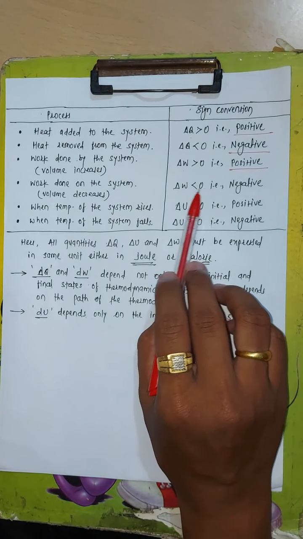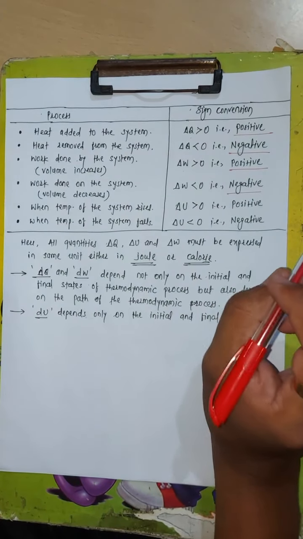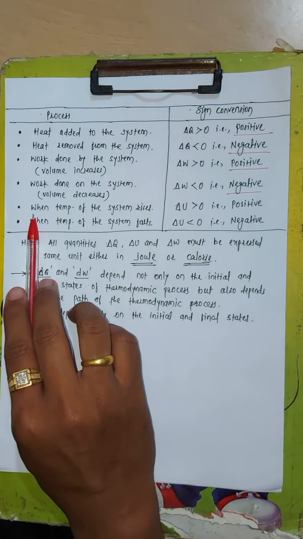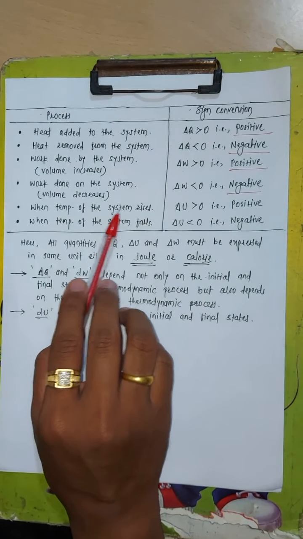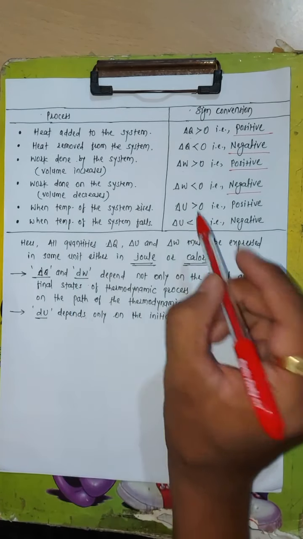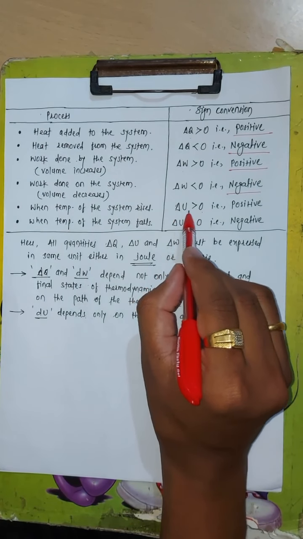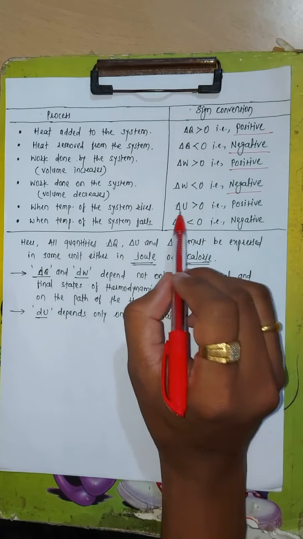That means the value of this work will be negative. Okay, last is about temperature. When the temperature of the system rises, then we can say that the internal energy should be greater than 0, that is delta U is greater than 0,